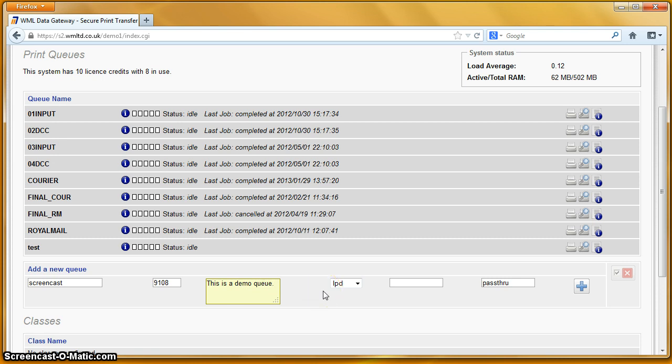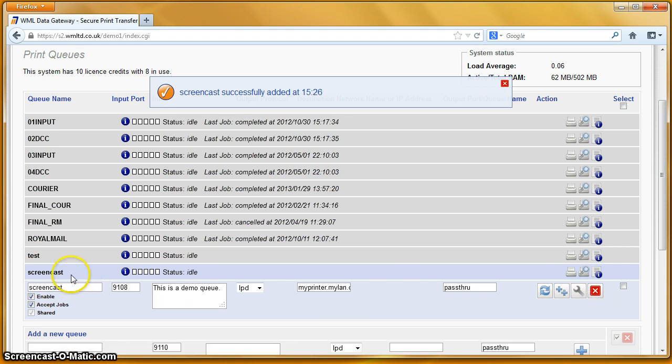I'm going to imagine that I'm sending the output of this queue to a standard desktop style printer, so I'm going to use LPD to send the information, and I'm going to enter an imaginary destination. Let's see, myprinter.mylan.com. That would do, and we'll leave the destination queue name as pass through. It's a common choice on a printer. Usually they just ignore that field. Okay, so we add that queue,